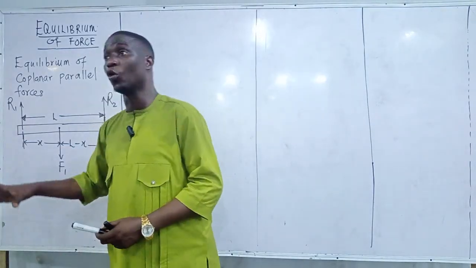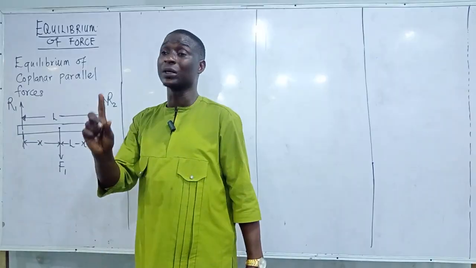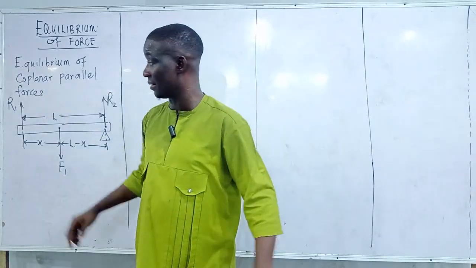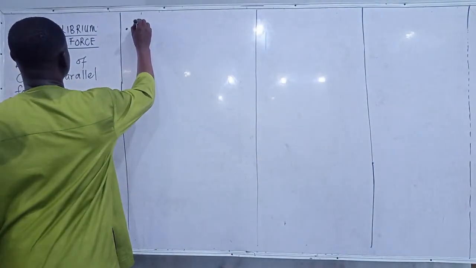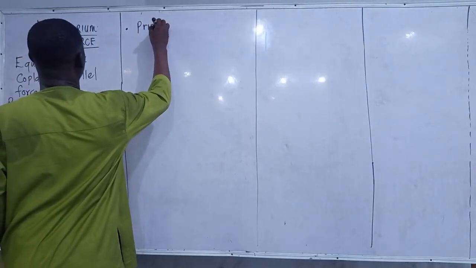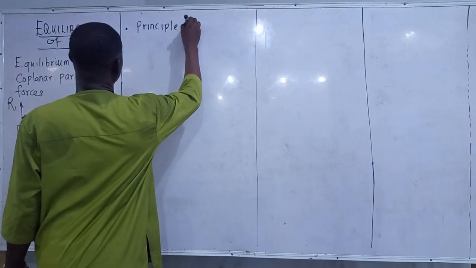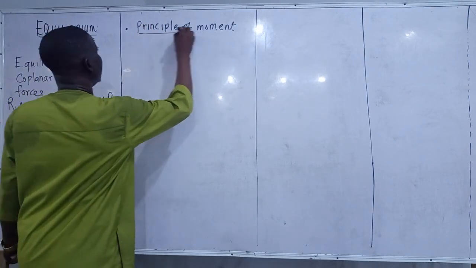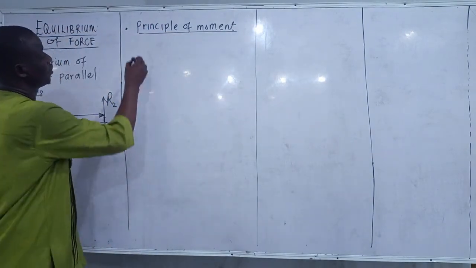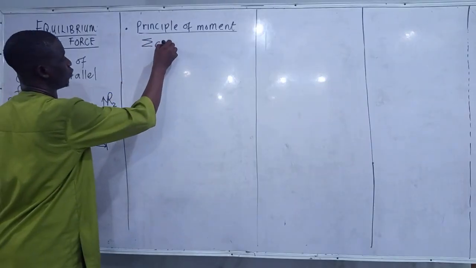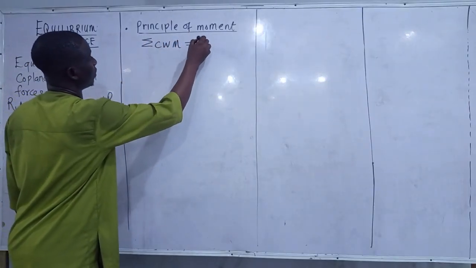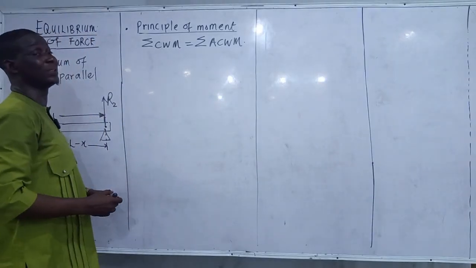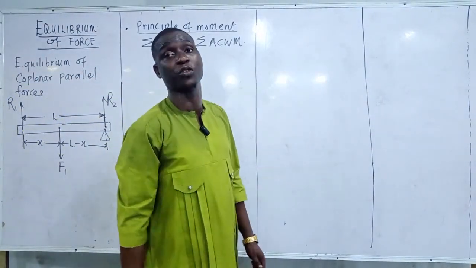Now, the first thing to understand this topic, I'm going to give you some points to understand how to analyze this. Number one, you must apply what they call the principle of moment. Principle of moment is a very simple principle to understand. What is this principle saying? It's just telling us that the sum of clockwise moment should be equal to the sum of anti-clockwise moment, provided the system is not under the influence of